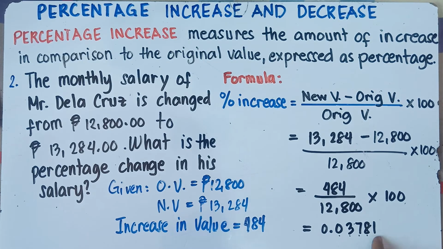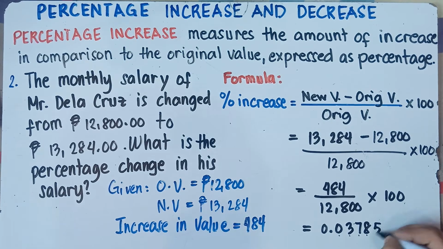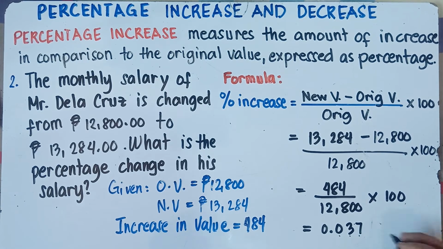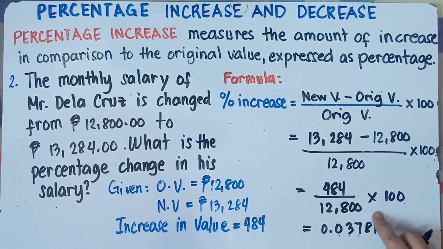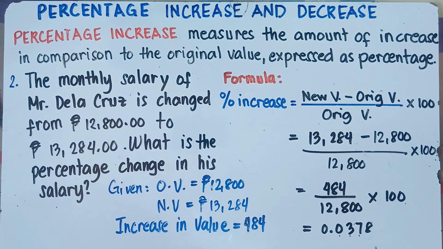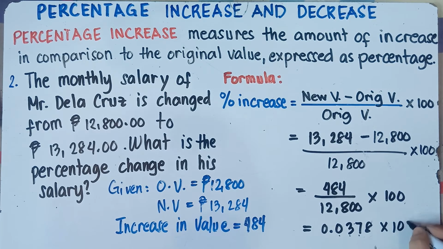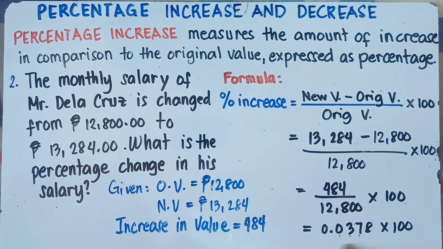Now, since after 8, that's 1, we need to round down. Simply copy 8, class. If this is 5, for example, of course, this will be 9, so 0.0379 if this is 5. Now, since we have 8, and the next number after 8 is just 1, we need to round down. Simply copy 8. Alright, and then multiply this by 100. When you multiply by 100, simply move the decimal point to the right twice. Okay, 1, then 2.